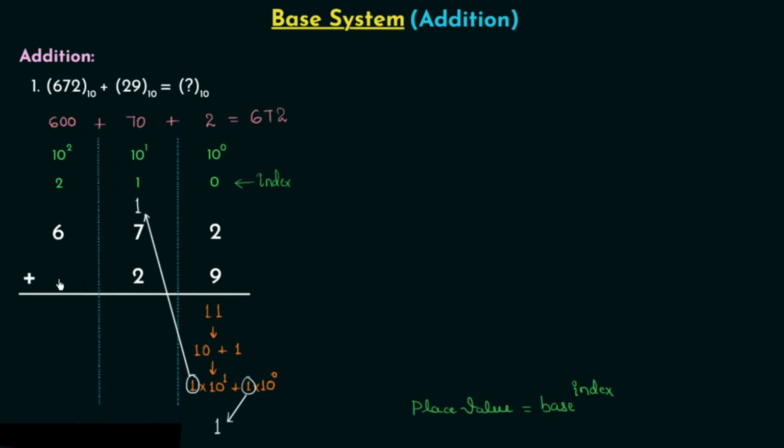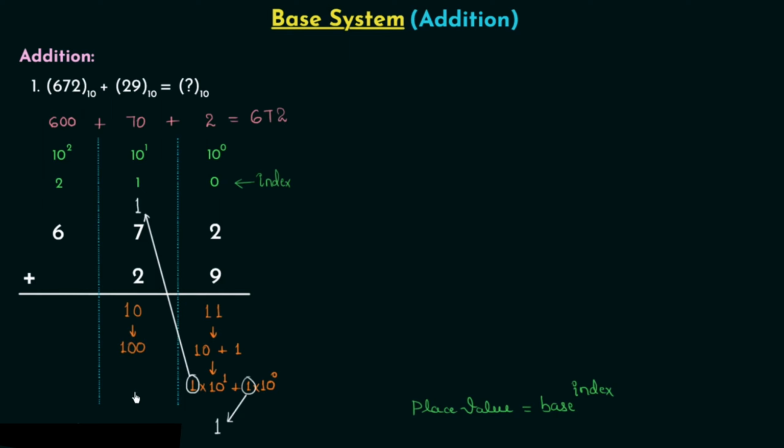And following the same process, we are going to add the digits we have at 10 raised to power 1's place. We have 7, 2 and we have 1 along with them. 7 and 2 are the digits of the two numbers and 1 is the carry generated from the previous addition. So we have 1 plus 7 plus 2 giving us 10. Now this time the result 10 when multiplied to the place value 10 will give us 100, and in the previous case the result 11 when multiplied to the place value 1 gave us 11 only. So here we will have